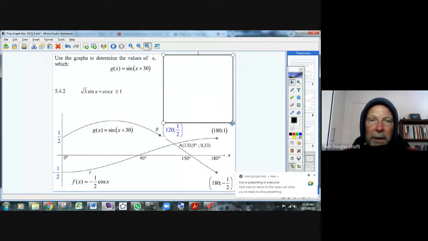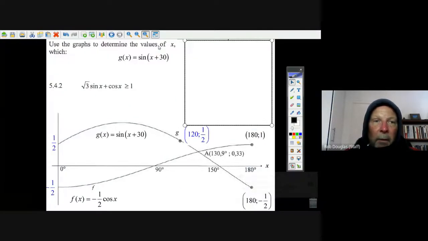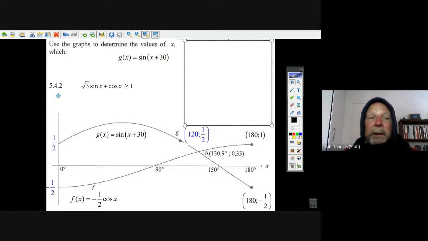Okay, I want you to take a look at this one here. We're asked to graph, this is question 5.4.2 of the November 20 paper 2 exam on a trig graph question. Now let's just try this thing. They say use the graphs. Just by looking at the graph, we're supposed to figure out